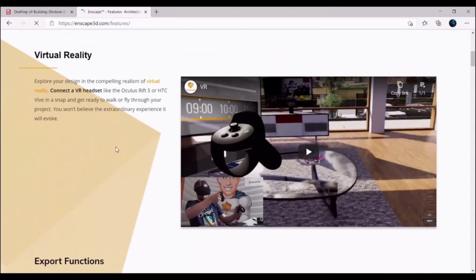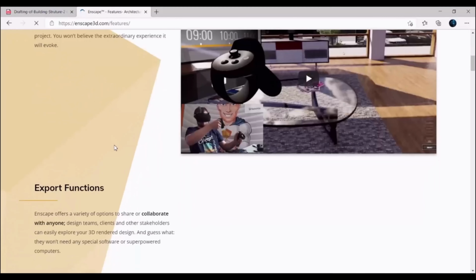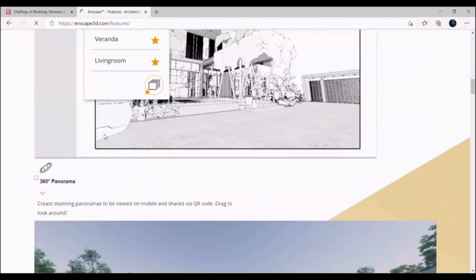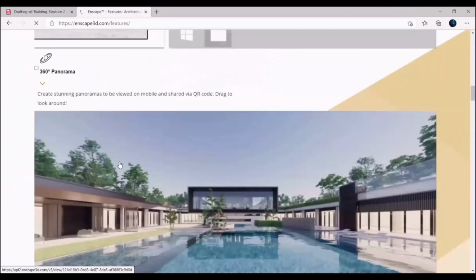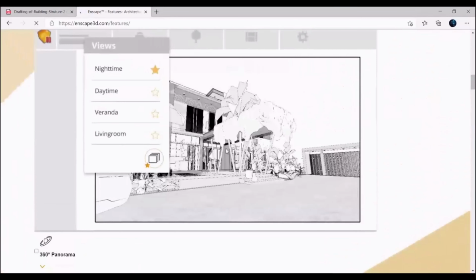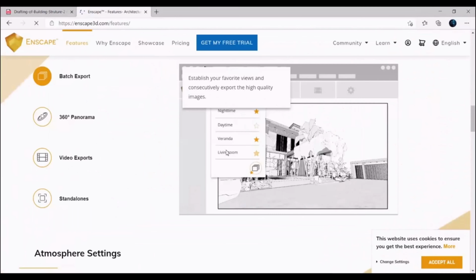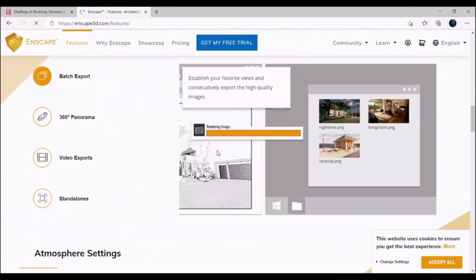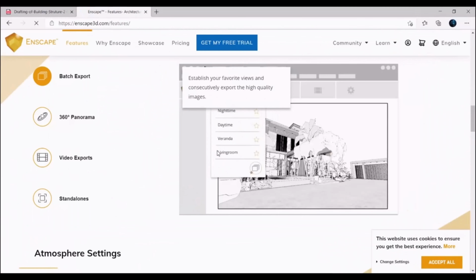If we connect a VR headset, we'll get that virtual reality experience. All about this we will explore. About this 360-degree panorama, we will explore it like this.